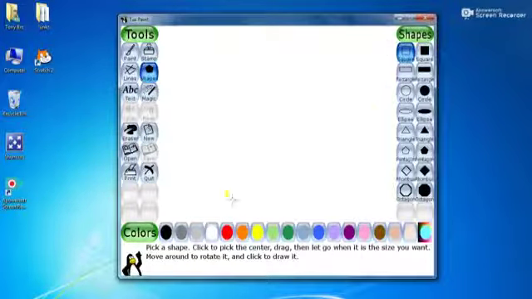This white area is called canvas. Canvas is actually a thick white cloth that artists and painters use to draw big, beautiful pictures. They place it on a stand and draw. That white thick cloth is called canvas.